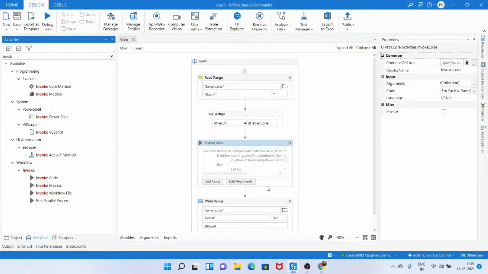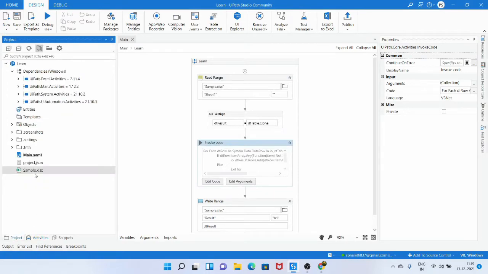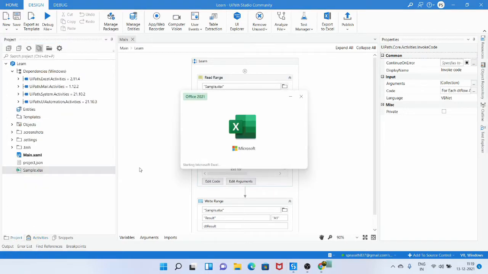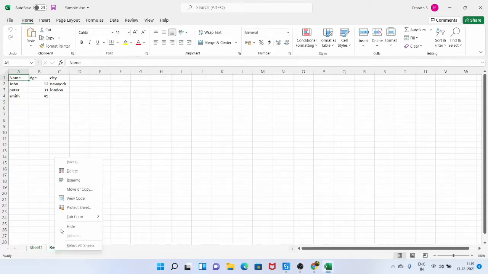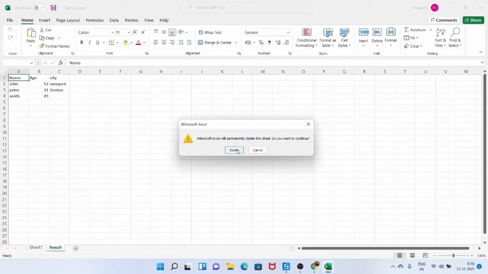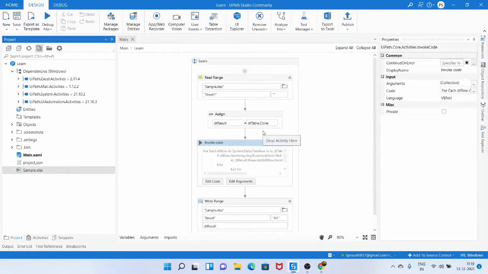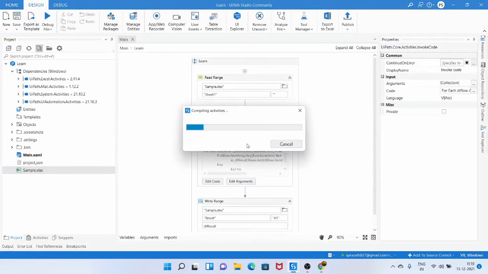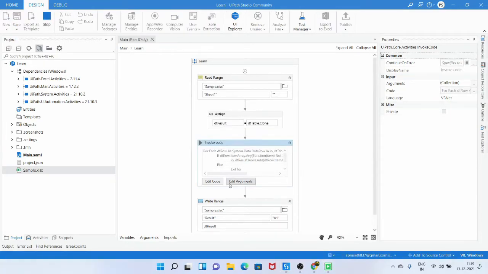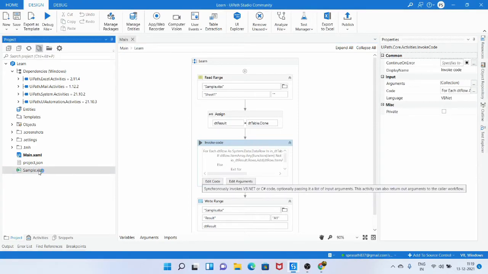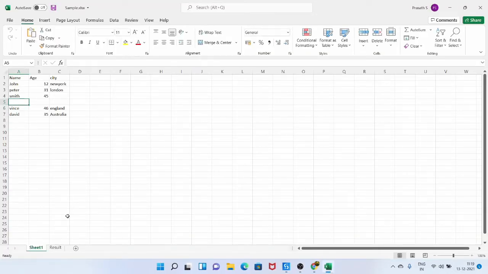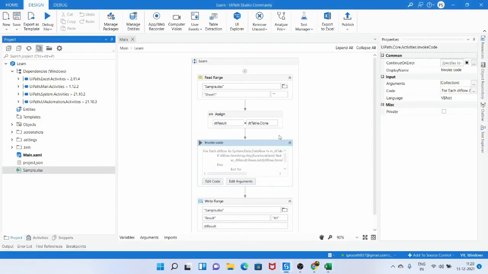Now if we click OK, we are going to delete the sheet called result, so it may not overwrite if we run now. Okay, we can delete it, and let me close the Excel file. Now if we run it, we can see what output it is presenting. It has already started running. Okay, now it has completed. If we open the sample Excel file, we can see that the sheet called result is already generated and the data has been populated.